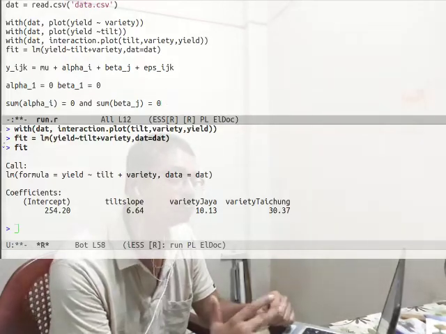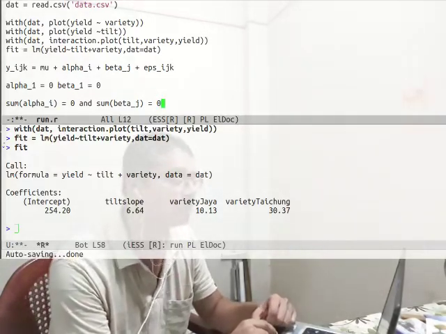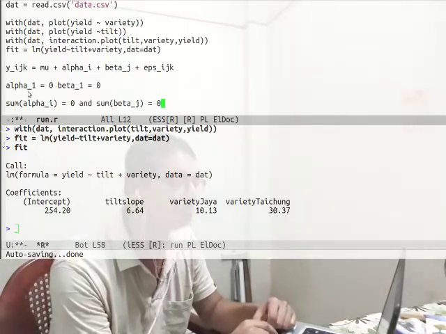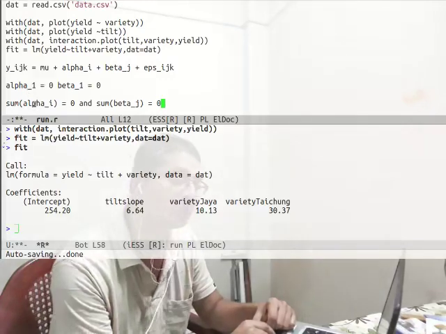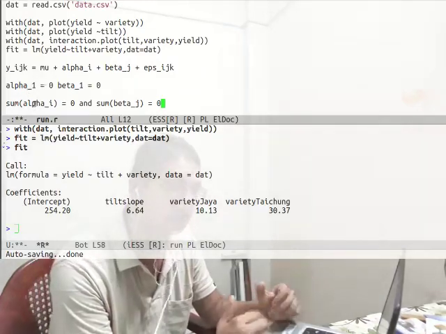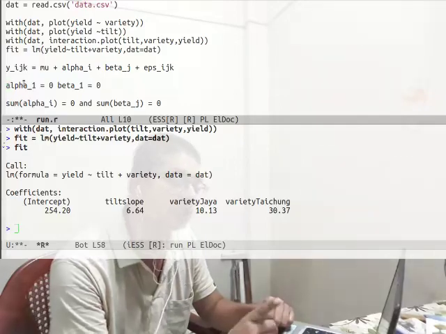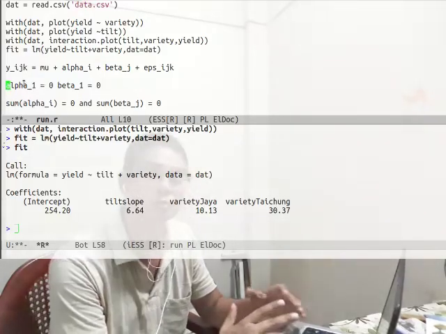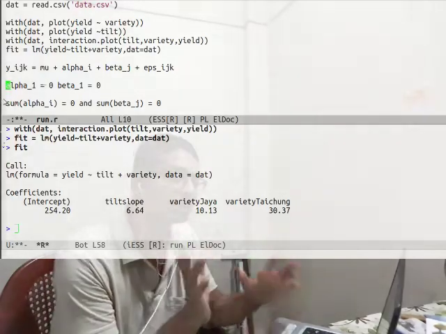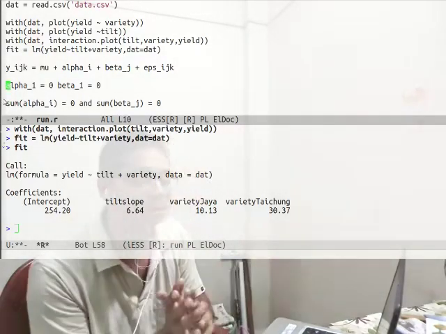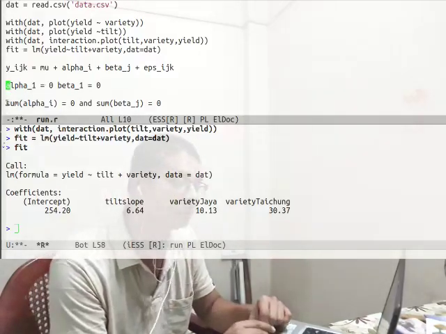So my exercise would be to find out the estimate of mu, alpha 1, alpha 2, beta 1, beta 2 and beta 3 under these constraints. R is using the other constraint. Use the output of R, no need to do everything from scratch, but somehow subtract certain quantities from these, compensate by adding it to some other place to find the estimates under